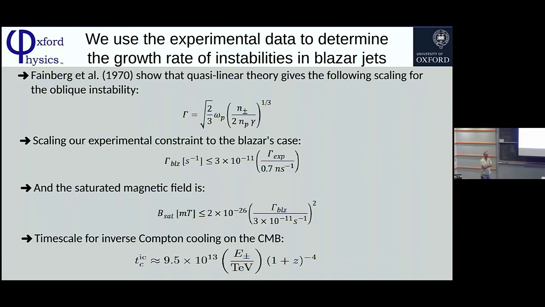And the second question was about the saturation of the magnetic field. You're saying this field may not be sufficient in itself, but I think the value of the saturated field also says that most of the energy is not given to the magnetic field. Yes, this states that most of the energy still is in the beam. So even though the instability may grow fast, most of the energy after the instability grows is still in the beam. Yes, that's correct. So it may be drained by whatever other processes afterwards. But also the simulations, maybe Luis or Pablo can comment. Most of the energy stays in the beam, right? And not in the magnetic field or electric field even.